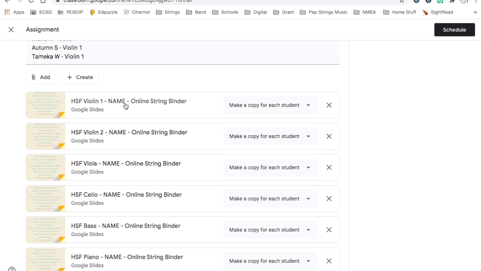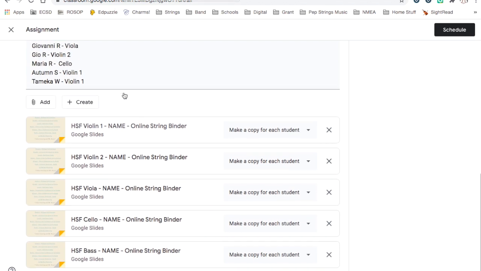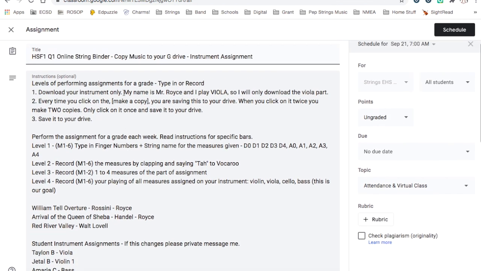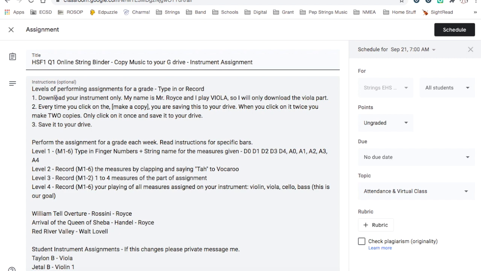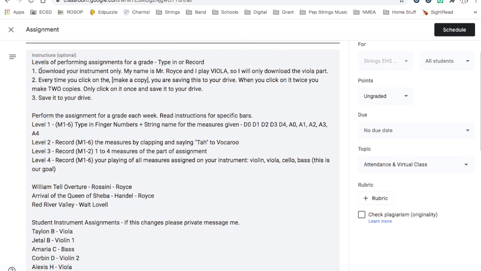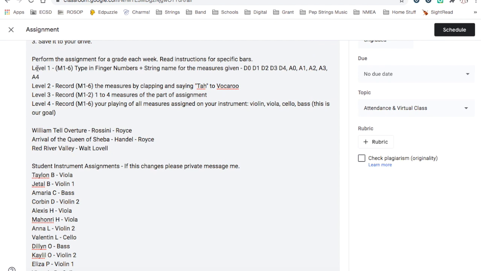So I'll click on violin 1. And now notice something here too. This is pretty much the instructions I just gave you. Don't click on it twice, it will make 2 copies. Performing the assignments: level 1 will be typing in